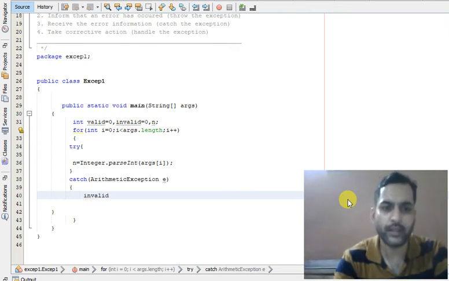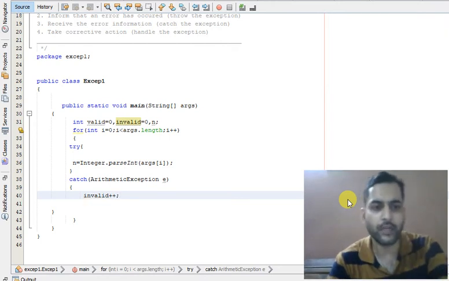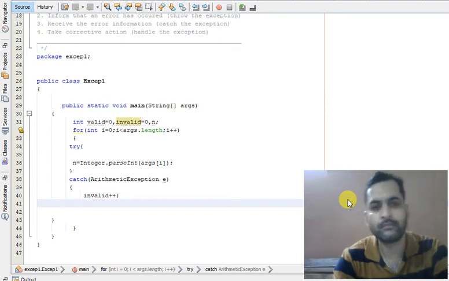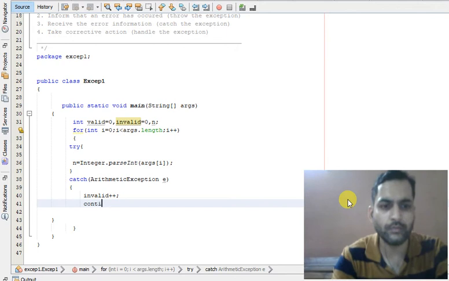So invalid plus plus, let us increment the value of the invalid variable and continue in the loop.